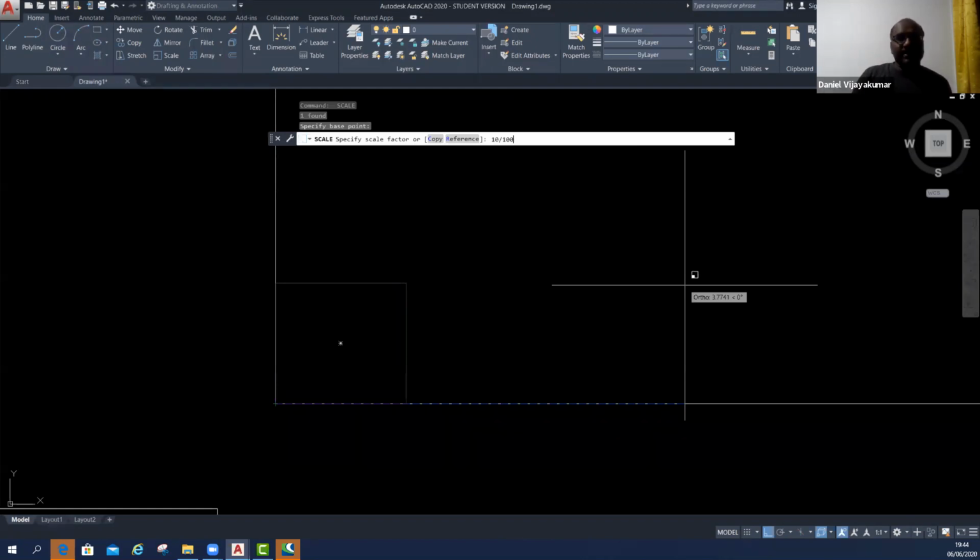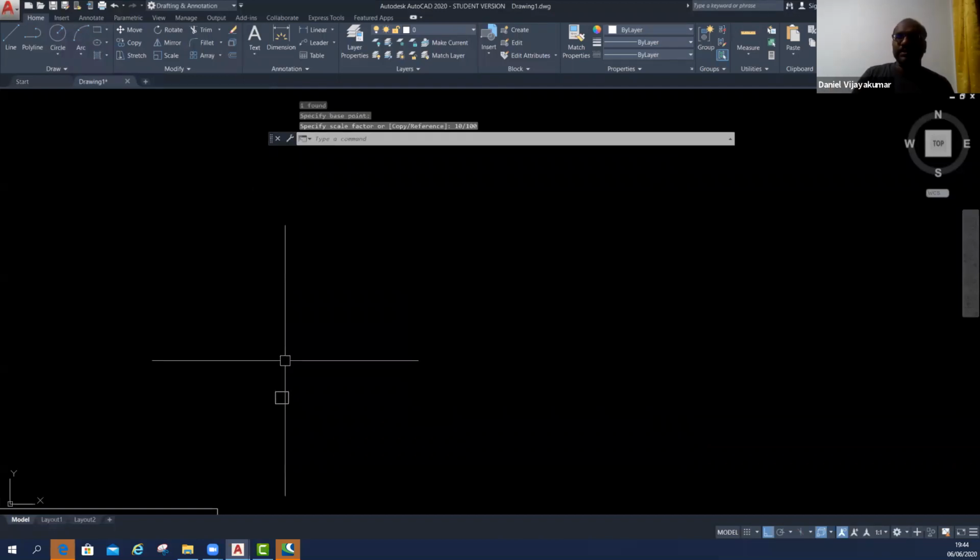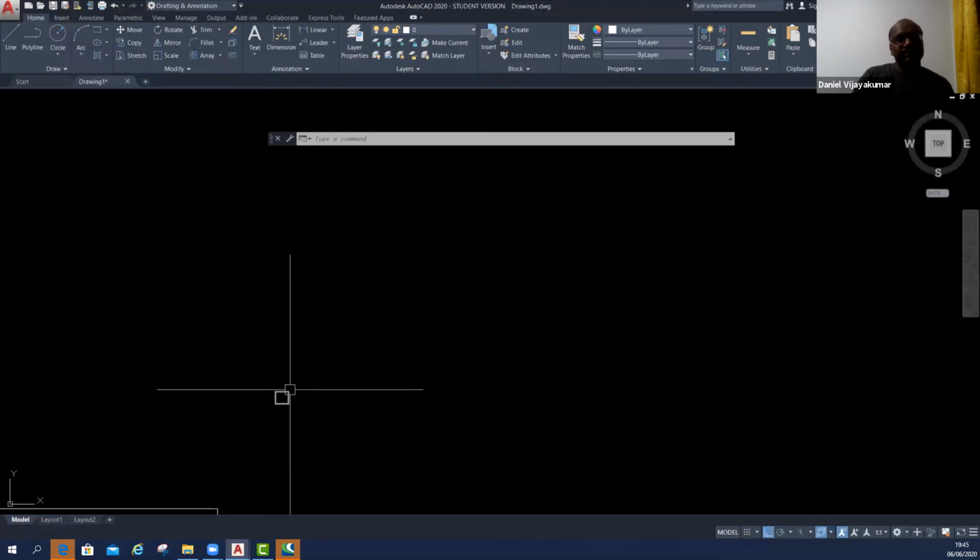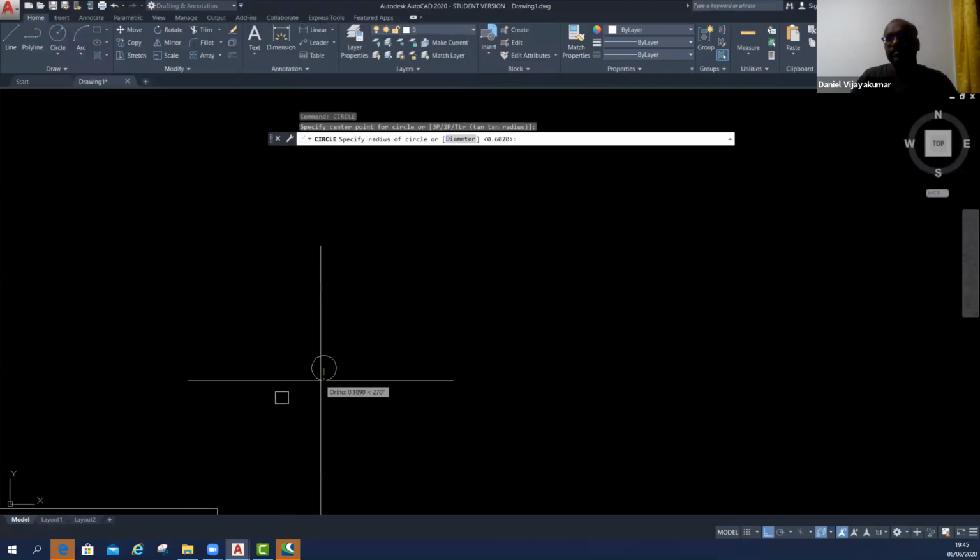Just make it 10 divided by 100, then enter, then automatically your object becomes scaled. Okay. It's not only for that, even though you can do the circle, you can do the arc.